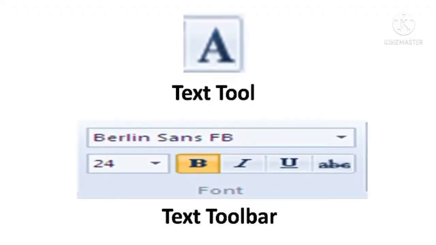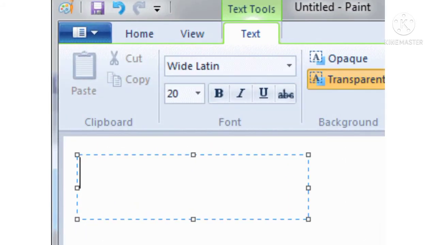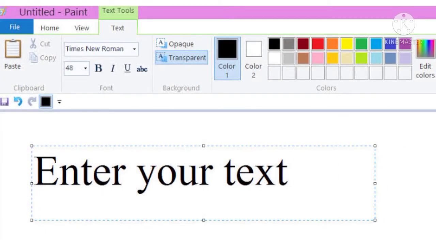Using the text tool. Let's say you have made a beautiful drawing and you want to add a title to it. Here's how you will do it. To use the text tool, number 1, click on the text tool from the tools group. Number 2, bring the pointer to the required area in your drawing and drag the pointer where you want to insert text. A dotted rectangle will be visible as shown in figure.